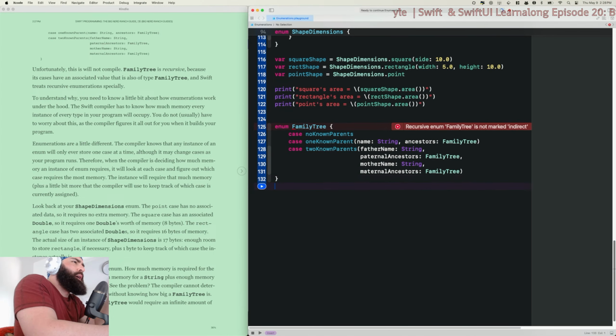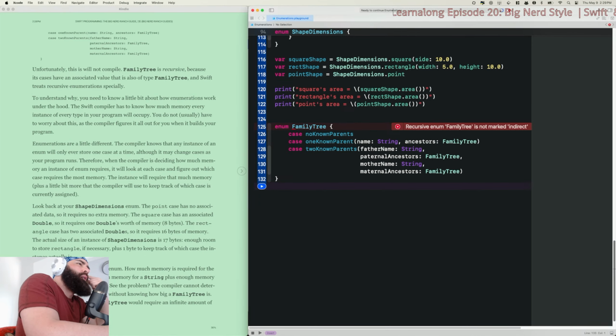Fortunately, this will not compile. Family tree is recursive. Oh, it's referencing itself. Okay. Because we're inside of... I see.